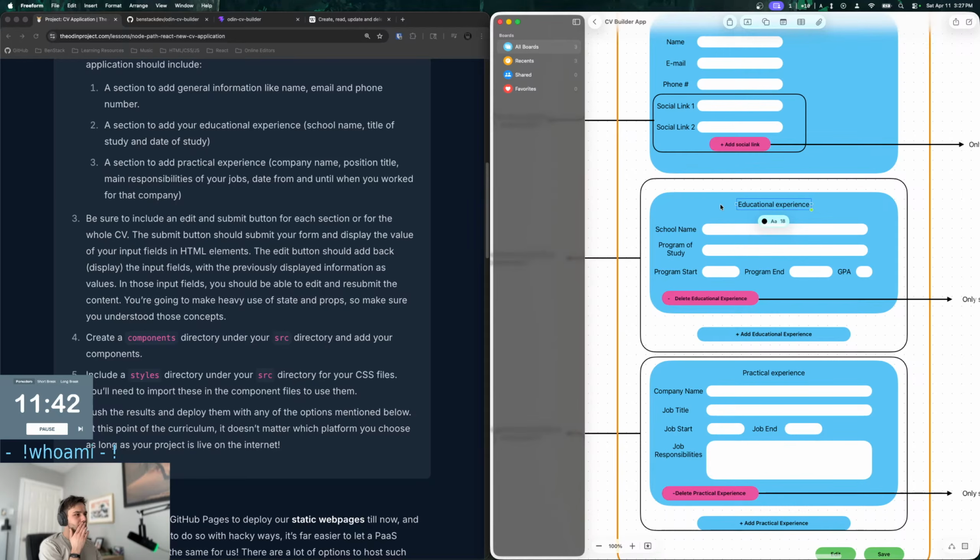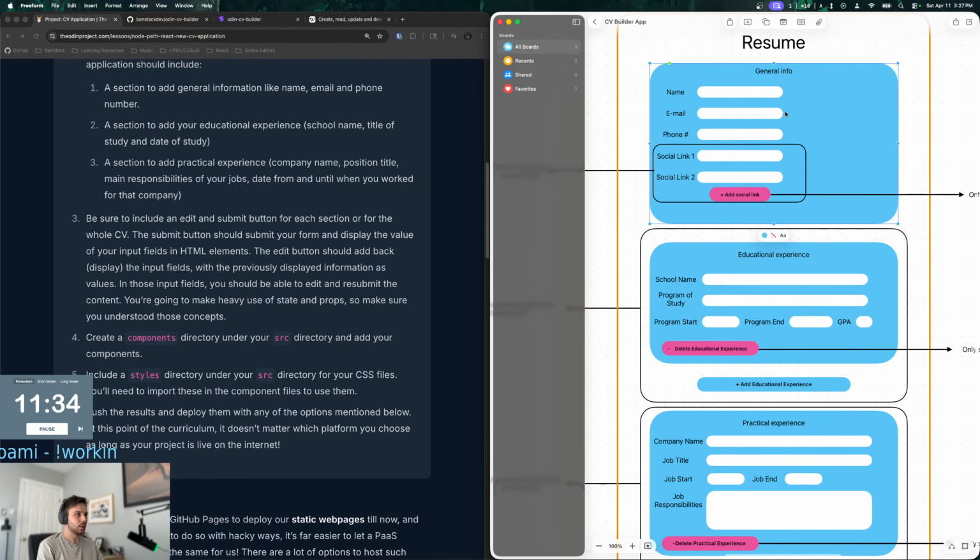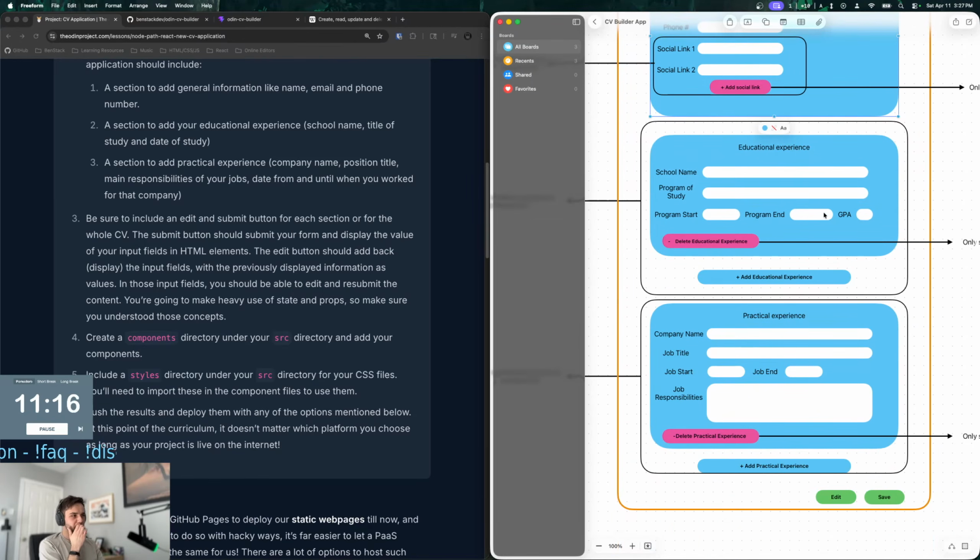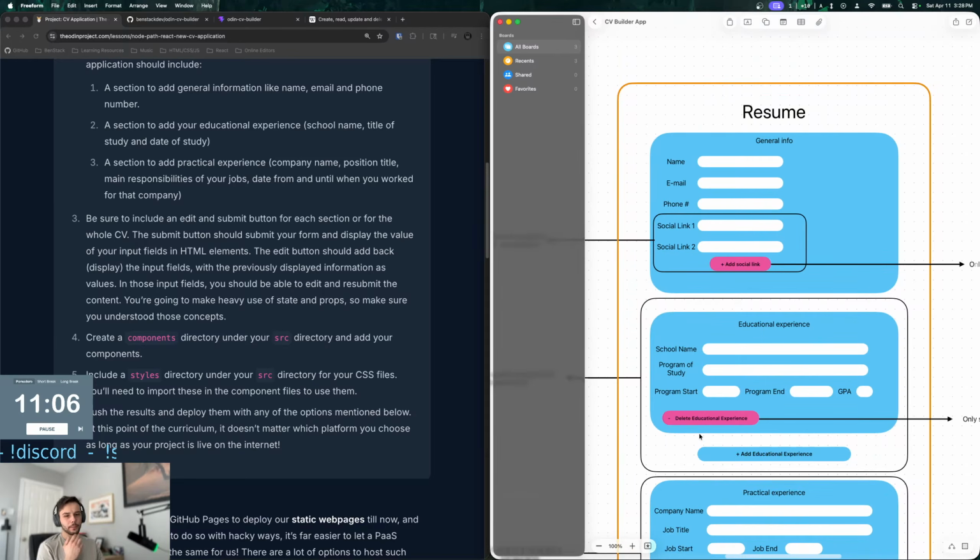But each one of these is going to be its own component. Yeah, exactly, Jay. I think I'm going to start with this. So this would be its own component, and then I could even have individual components for each one of these inputs, right? And then this would be its own component, like the social links list, and each one of the links would be its own component within that. So that's kind of what I'm thinking.